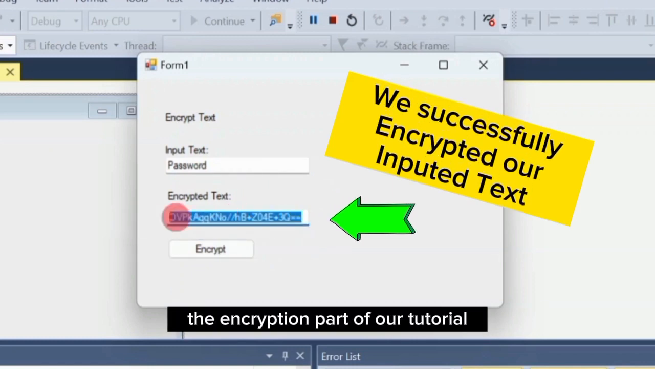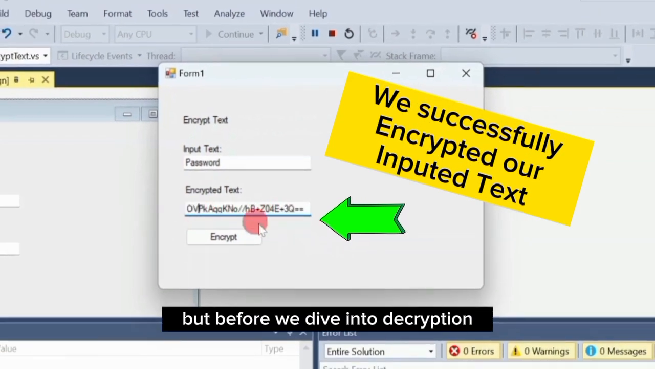We've just wrapped up the encryption part of our tutorial, but before we dive into decryption, I'd like to take